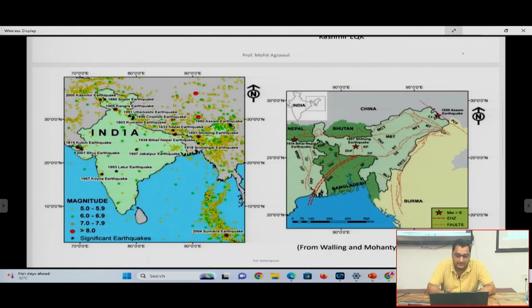So if you compare this density of earthquakes with peninsular India, it is much higher. But it doesn't mean that the earthquakes happening in peninsular India are not equally damaging as those of the